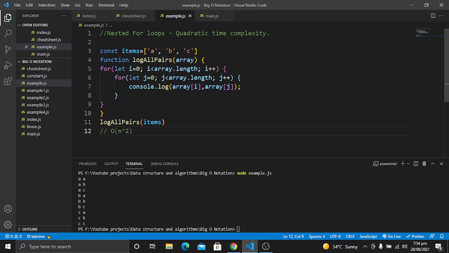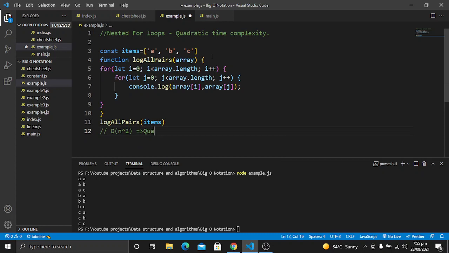When we move to the next step, b will be compared with a, with b, with c. Similarly, c will be compared with a, with b, with c. It means that every element in the collection is compared to every other element in the collection, and with itself also. So this is the example of quadratic time complexity.